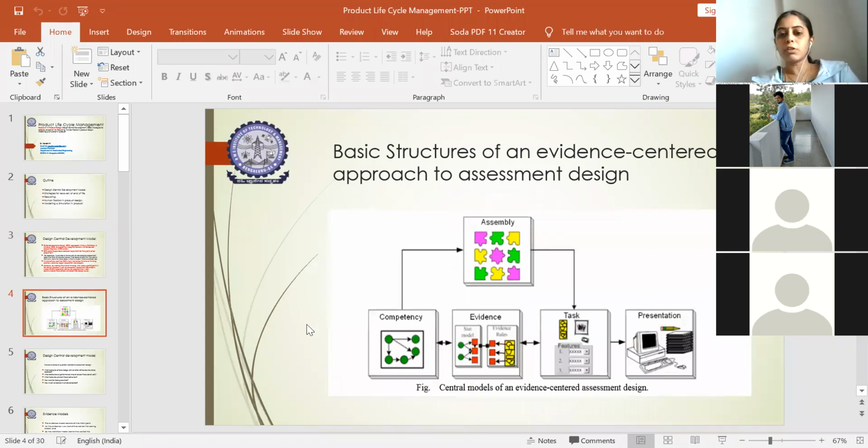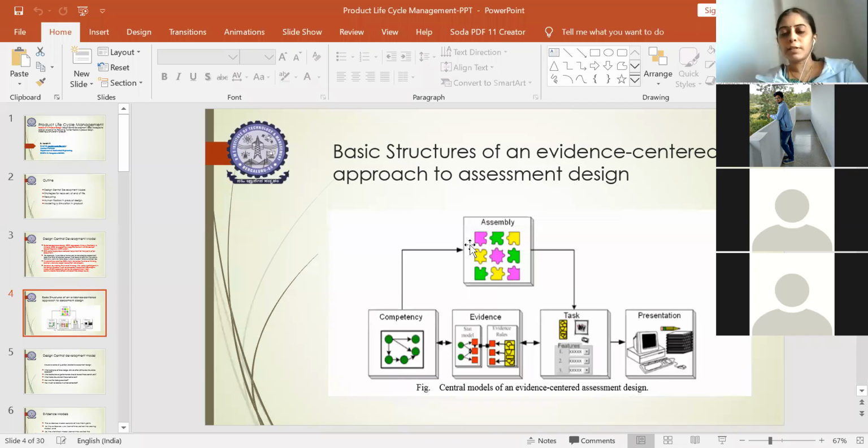Let us go to what actually happens here. You can have a look at the central model of evidence, or design assessment model as you also call it. You have different sectors. As you see, you have a competency sector, an evidence sector, a task sector, a presentation sector, and finally an assembly sector. So by looking at the